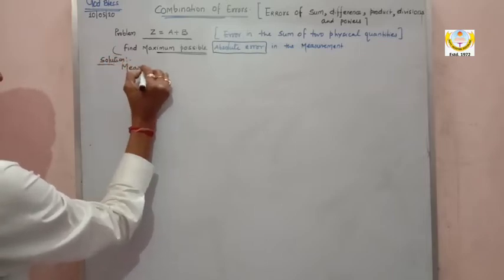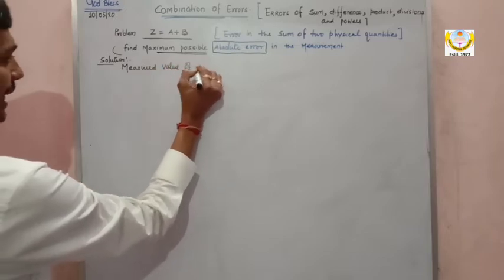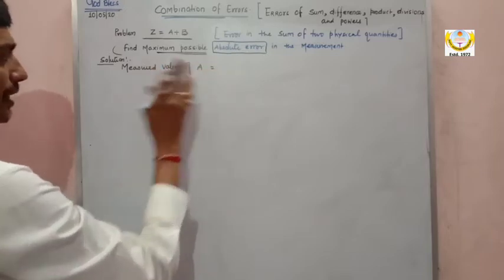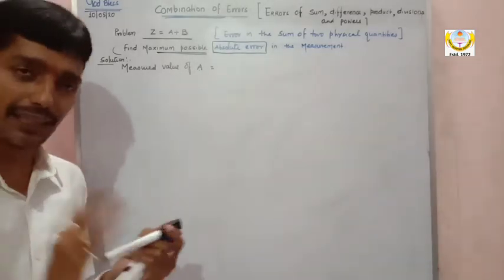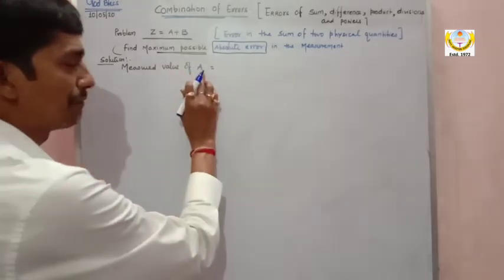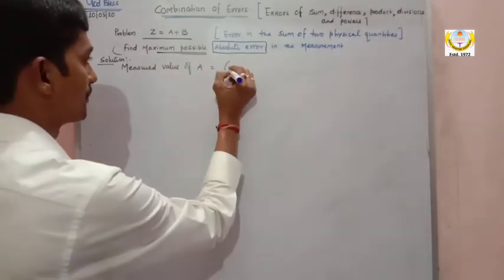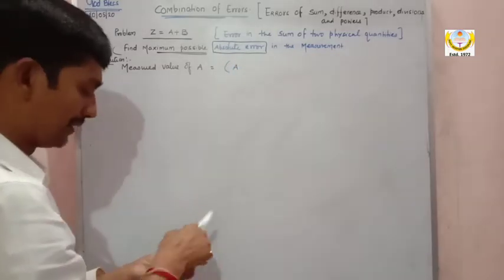The measured value of a physical quantity is given to us in the numerical also. So let the measured value of a physical quantity be a, I am writing with a different pen,